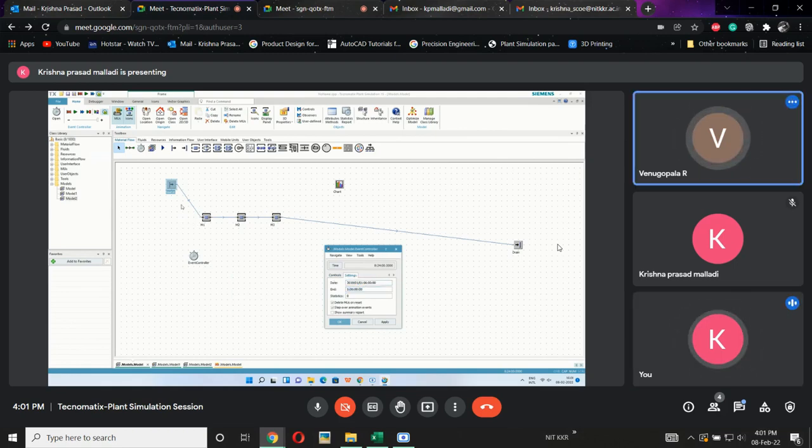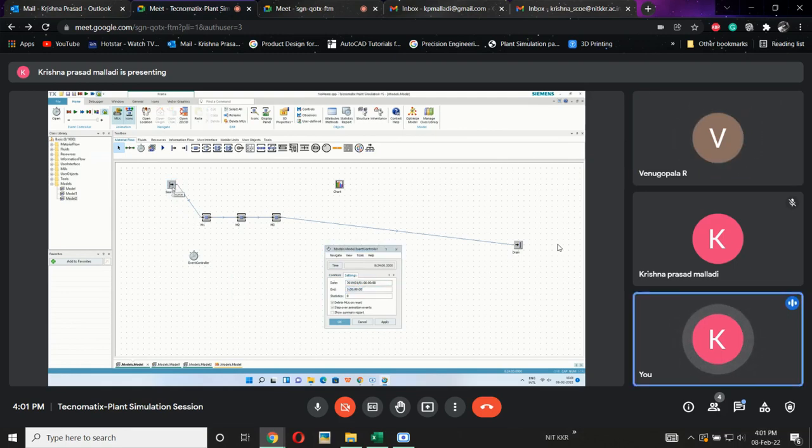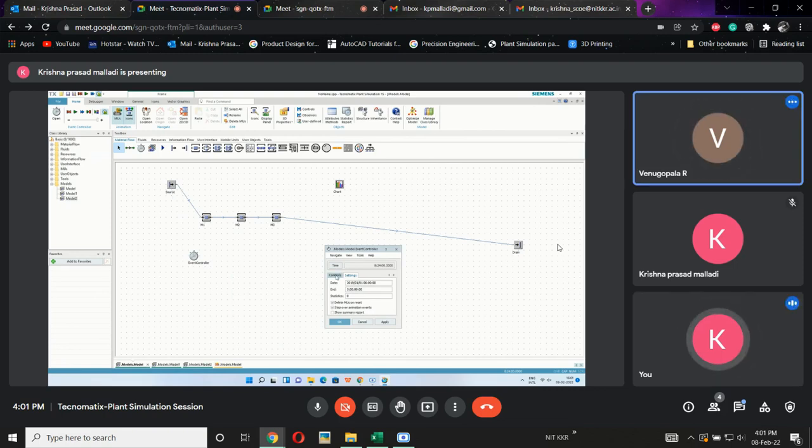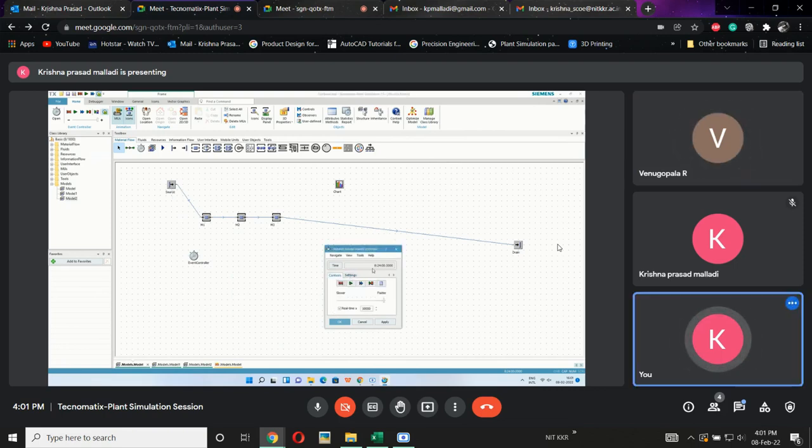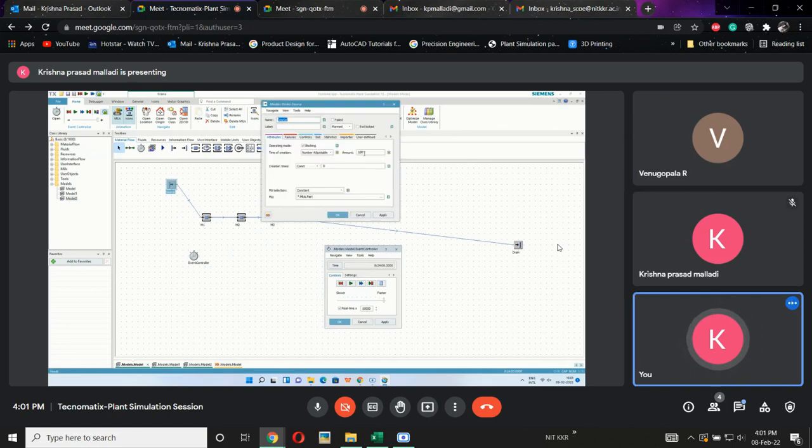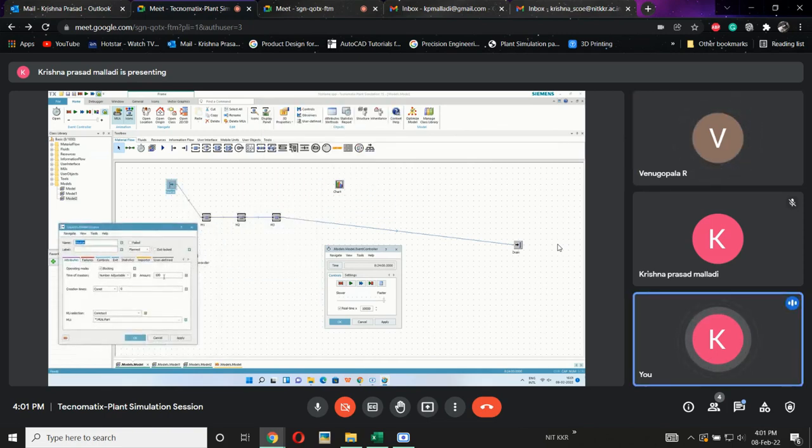In the other condition, I have defined only 100 parts. Now the simulation stopped at 8 hours 24 minutes. Why? Because there is a limited input. Here input is constrained. Input we have defined only 100. So without input, even though I want to run this model for 5 days or 50 days, it doesn't run. That is why we need to check these two things.